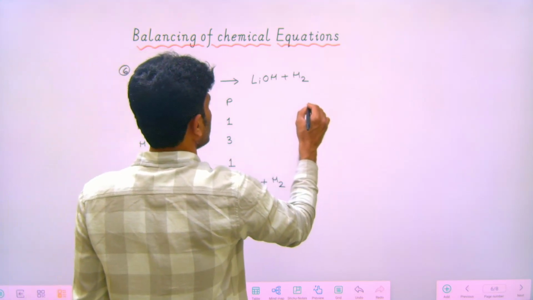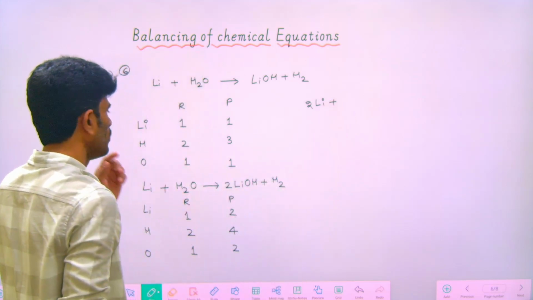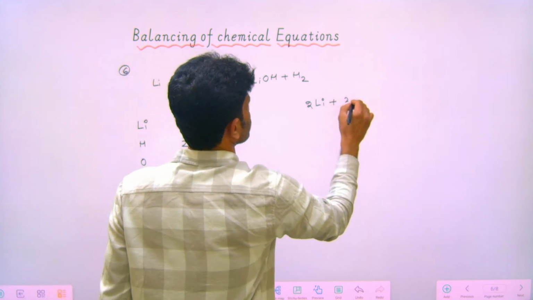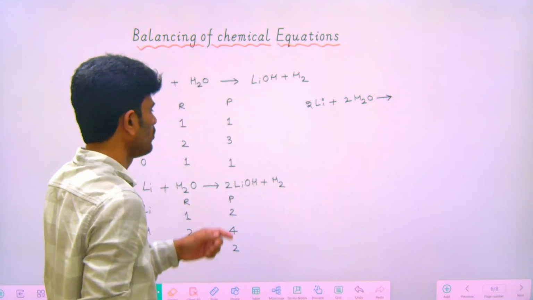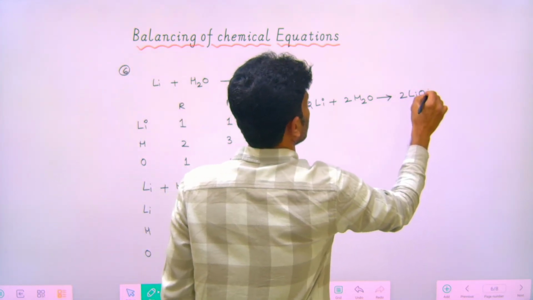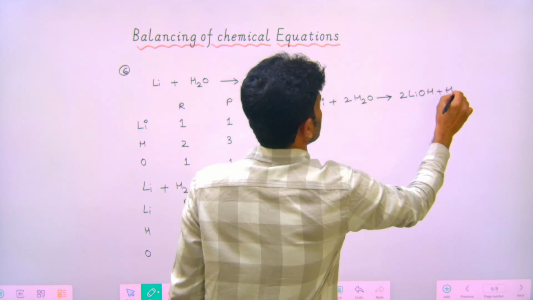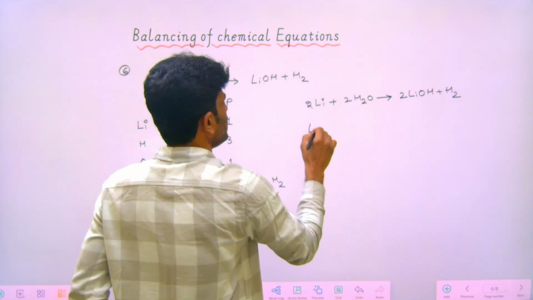So how can we write it? Final equation: 2Li plus 2H2O gives rise to 2LiOH plus H2. Now if we observe lithium,